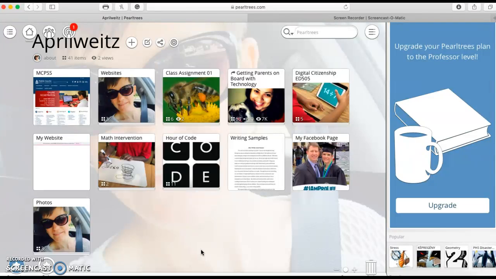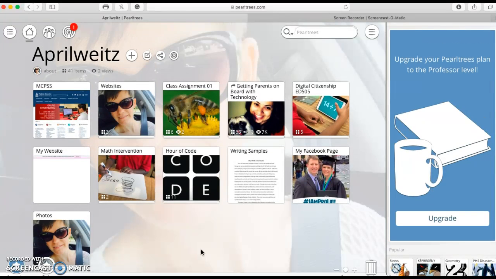I do recommend it. I think it's pretty neat. At first, I kind of thought, why bother? I've already got an Evernote account. I've already got Google Drive. But I do think this is pretty neat to be able to